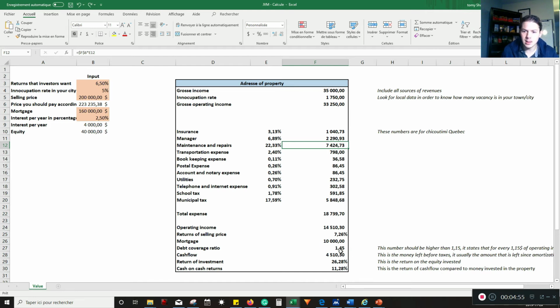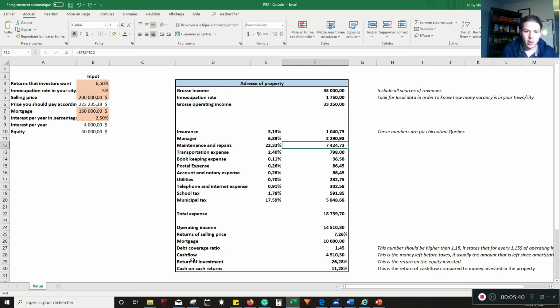This is excellent because the number that the banks are looking at mostly is that it has to be higher than 1.15. This means that for every $1.50 that comes in, you have $1 of payment and interest to pay. This gives you a good ability to be able to pay off your mortgage and interest and still have a positive cash flow. So what's left after your mortgage payment and interest is your cash flow. How much money is really going in your pocket in 1 year? So in this example, it would be